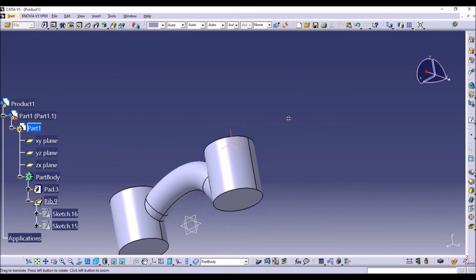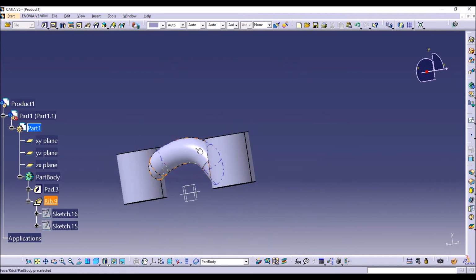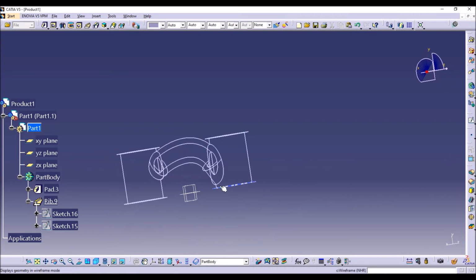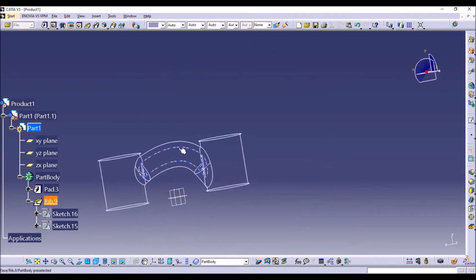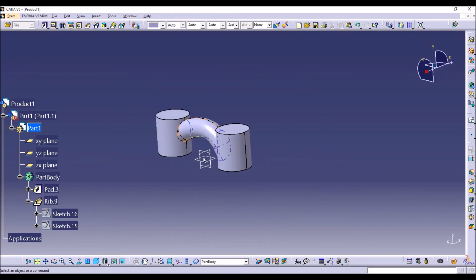Okay, to see the thickness inside and outside, either you can use the wireframe mode. So you can use the thick option here. This is thickness. Okay, or else you can see the sectional views of this by using the dynamic sectioning. Okay, so this is the option. It is the dynamic sectioning. If I click on this, you can see the dynamic sections in any plane, that is XY, YZ or ZX.